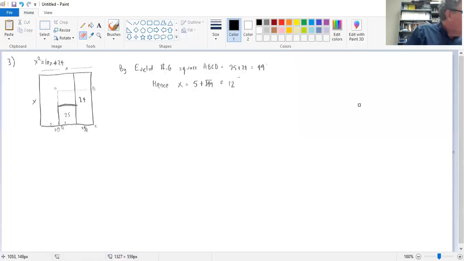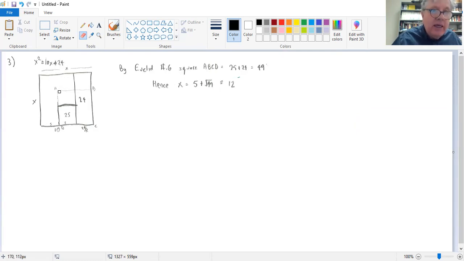Okay, number 3 was give a geometric solution to x squared equals 10x plus 24 using Euclid 2.6 where appropriate. So the picture you would get would be something like this. So you'd have the big whole square is x, and then here you have 10. So the area of this rectangle is 10x, and the area of this rectangle is 24. And so by using Euclid 2.6,